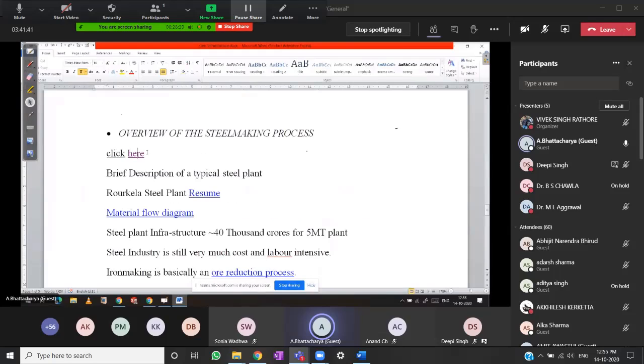It is the process in all the steel plants. There is a slight variation in the finishing portion of the steel plant because the product is not the same in all. For example, this Rourkela steel plant